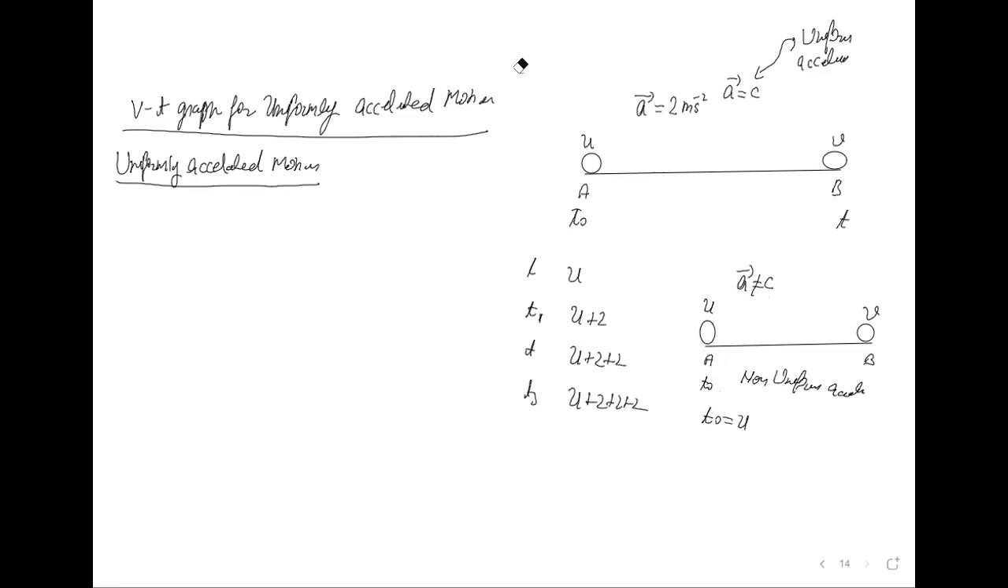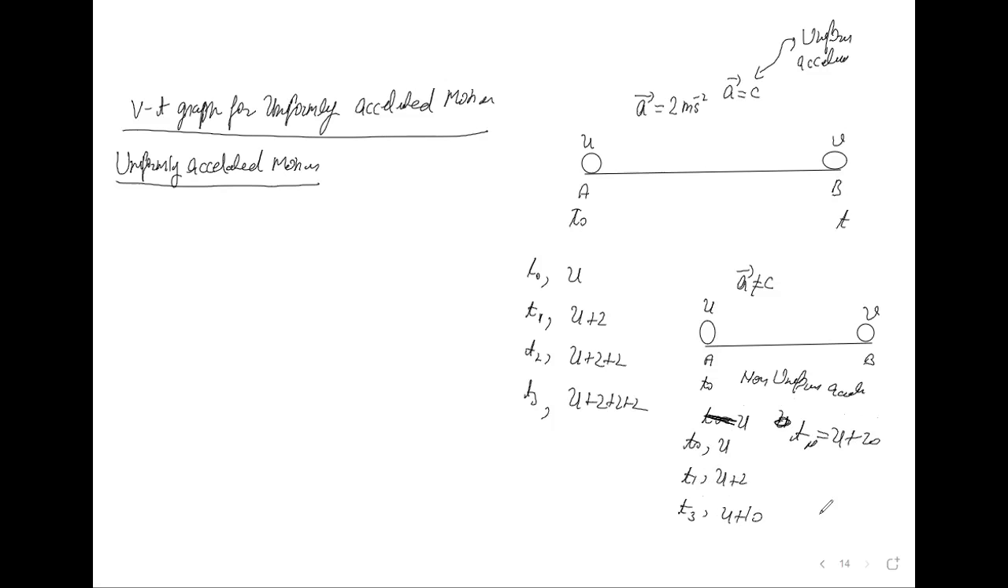So 1 minute. This is t naught, t2 and t3. Here, similarly, at t naught the velocity was u. Suppose that when the time became 1 second, the velocity increased by 2 meter. Suppose that when the time was 3 seconds, the velocity increased by 10 meter. Suppose that when the time was n seconds, the velocity increased by